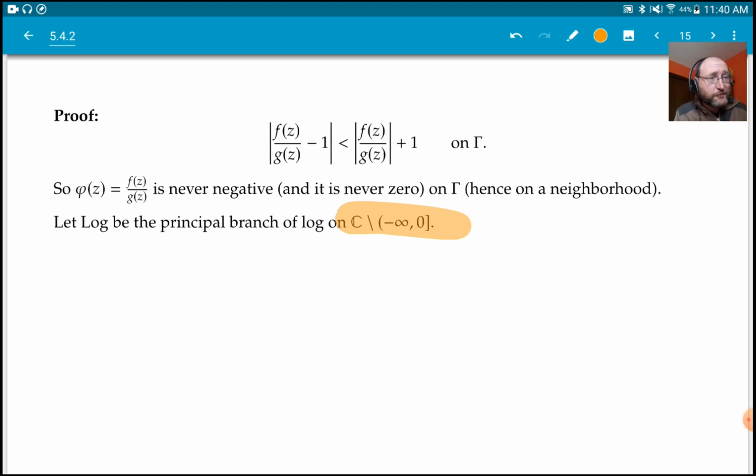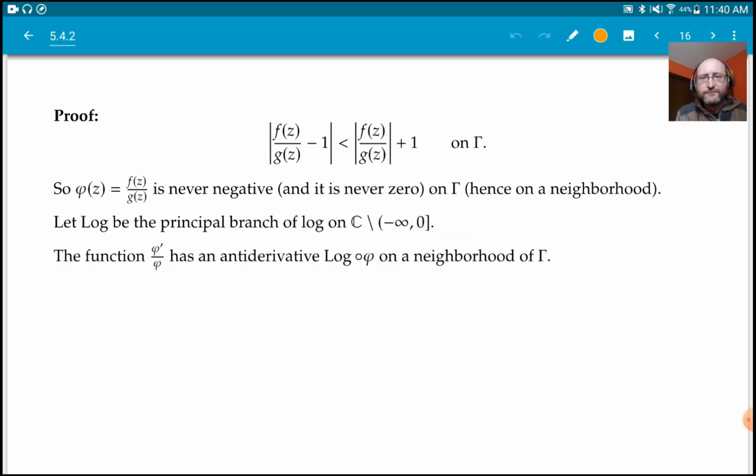Normally log is not holomorphic. Now we have log as a holomorphic function, well, on this domain. Well, and then if the log is the holomorphic function here, if I compose it with phi, this f over g, right? Well, that's never negative, so phi is valued in the domain of the principal branch of the log, and its derivative is phi prime over phi, right? So phi prime over phi has